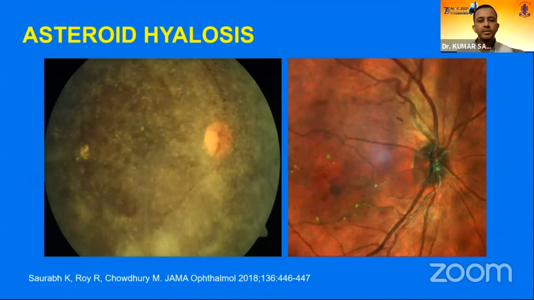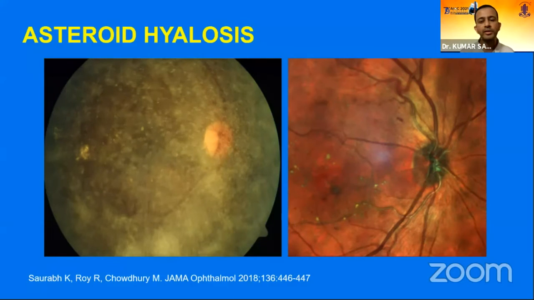To begin with, this is a color fundus picture and multicolor image of a patient with asteroid hyalosis. In the color fundus picture, we can see clearly that the asteroid hyalosis is obstructing the view, and we hardly get any information. Whereas multicolor imaging doesn't use a bright flashlight, so it doesn't get reflected back from the asteroid crystals, and we can get a clear fundus picture even in an eye with dense asteroid hyalosis.